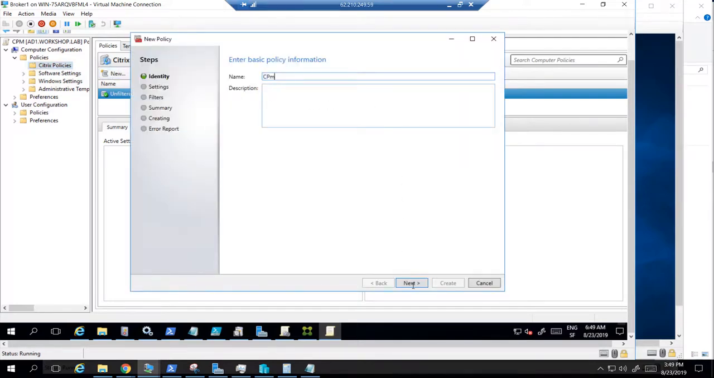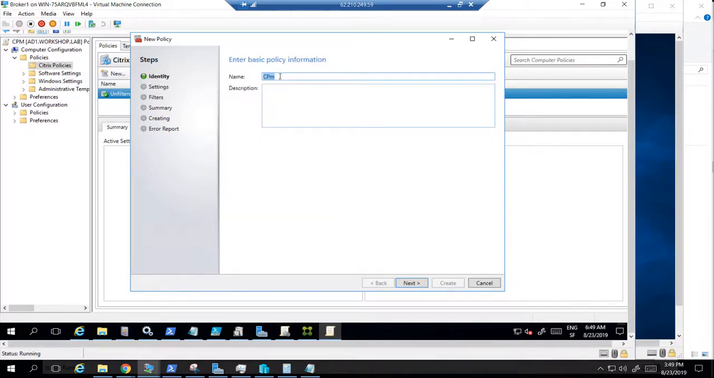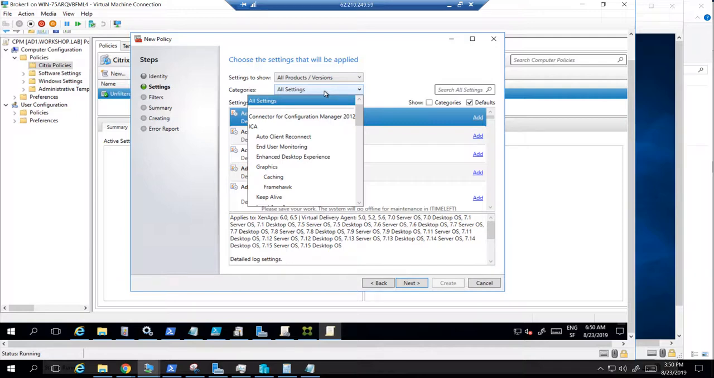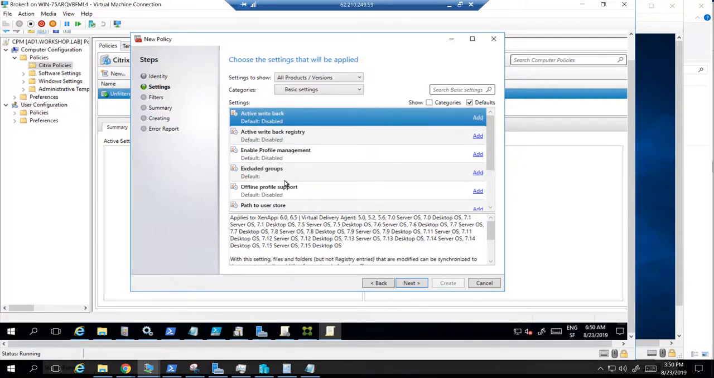And now let's do a next. So I'm just gonna change the name, CPM, that's better. And we'll start to do the configuration. So first of all, we'll go here in the categories, and we'll go in the basic settings of CPM. So that's good to start with the basic settings, no? So first of all, what we'll do is that we will